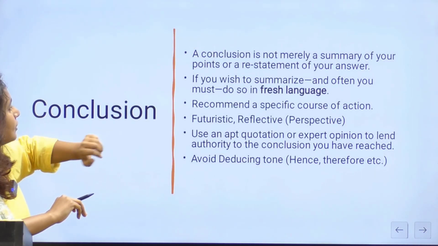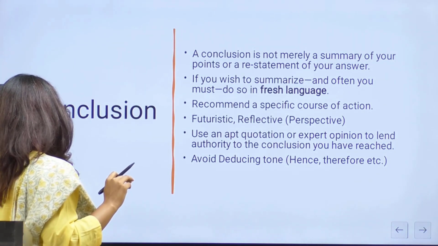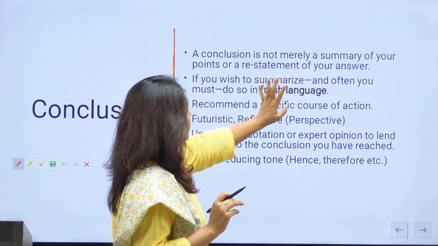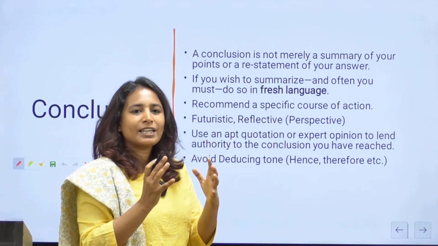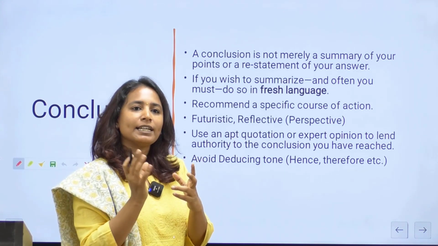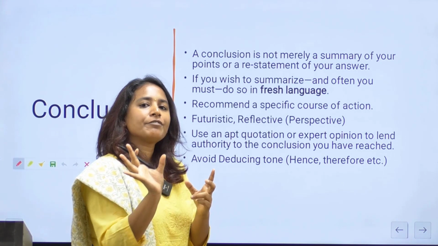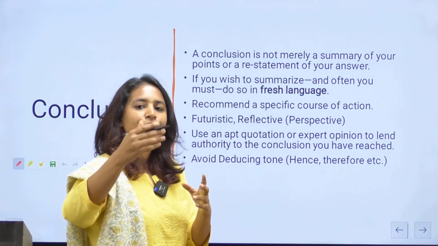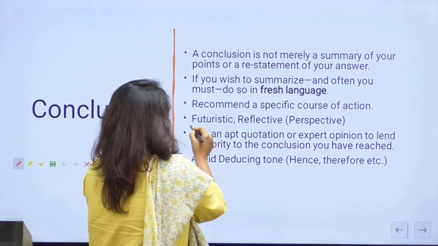ठीक है, कंक्लूजन में अगेन एज वी हैव ऑलरेडी डिस्कस्ड, यहाँ पे कंक्लूजन मतलब ये रीस्टेटमेंट या समरी देने की कोशिश करेंगे तो इट विल नॉट बी अ थिंग। तो एक लैंग्वेज जो आपकी होगी कंक्लूजन में, सी टू इट दैट इट इज अ फ्रेश लैंग्वेज, सेम टू सेम आपको रिपीट नहीं कर देना व्हाट यू हैव रिटन इन द मेन बॉडी ऑफ द आंसर।